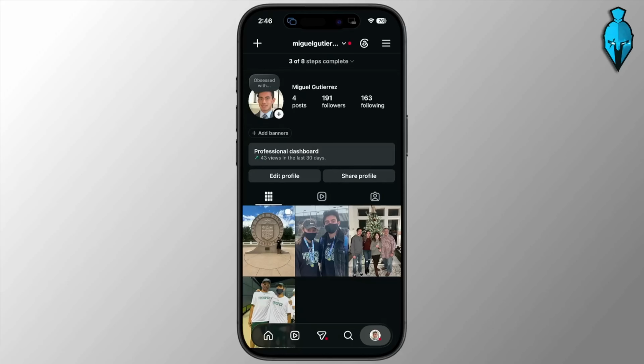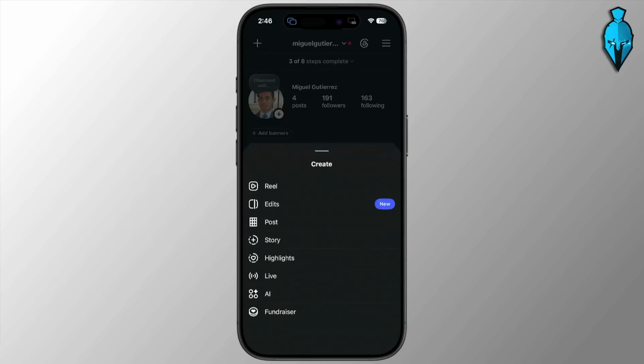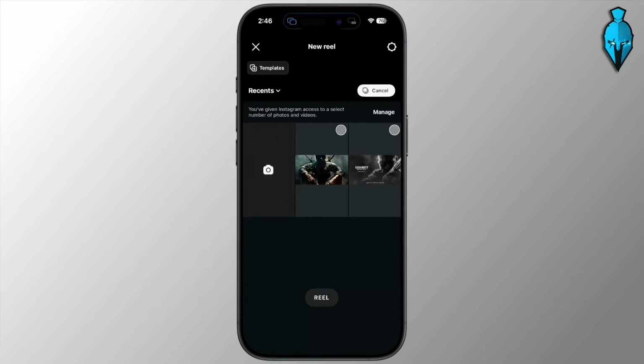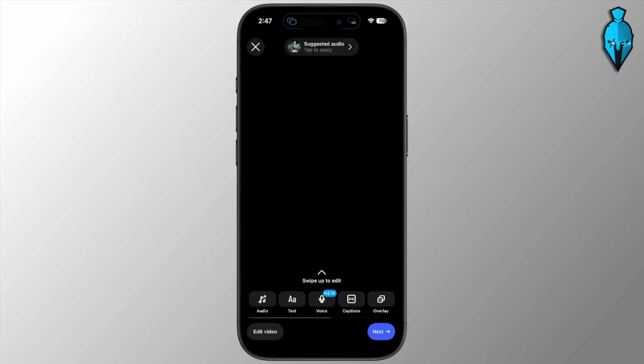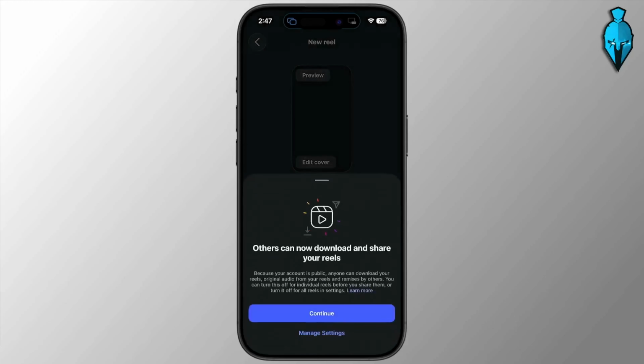Begin by pressing the plus icon in the top left corner of the Instagram app and press Reel. You'll then want to add the video that is in landscape here. But once you have it added in here, press the check mark on it and then press next. Obviously mine is a black screen. You can edit it however you'd like for this screen, but I'll go ahead and press next and then go